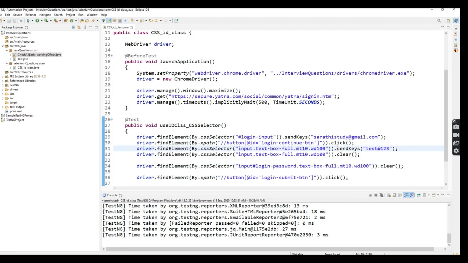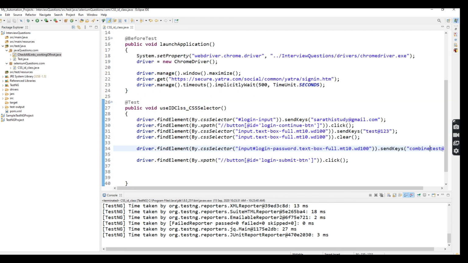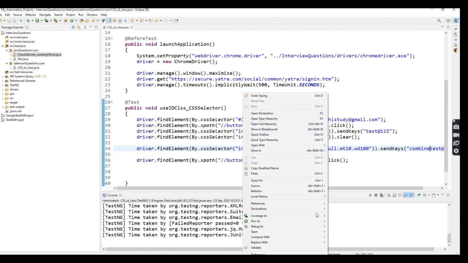Here I'm using send keys to enter the combined test at 123. So this is the one line I added in the same method. Now I'm going to execute this class.